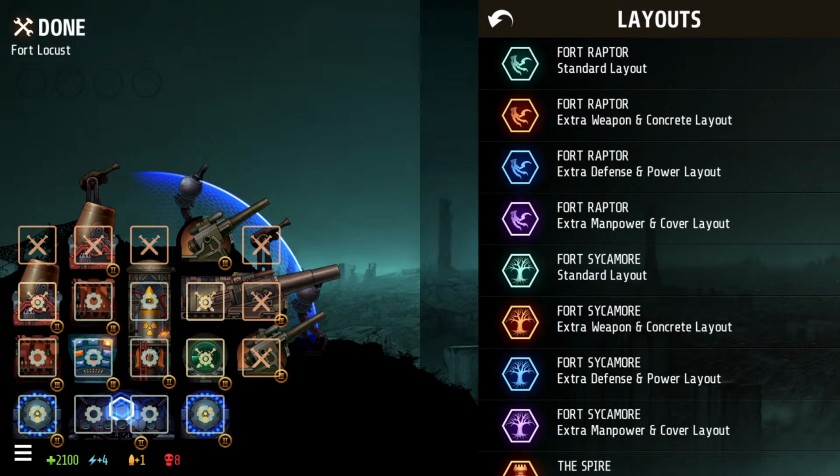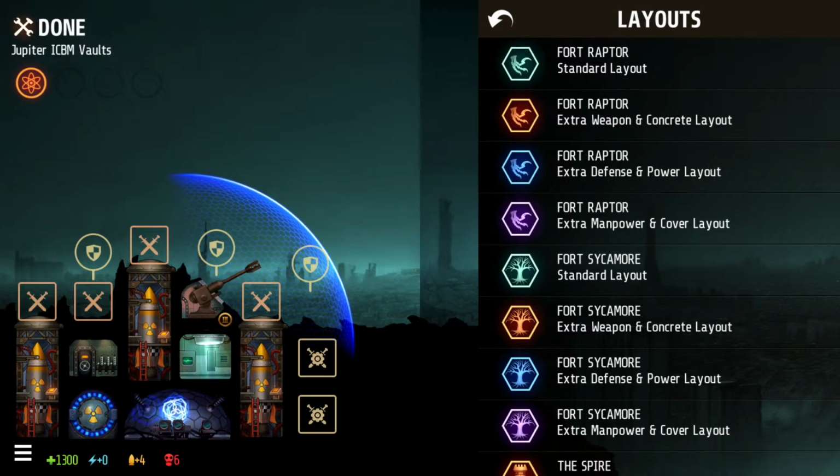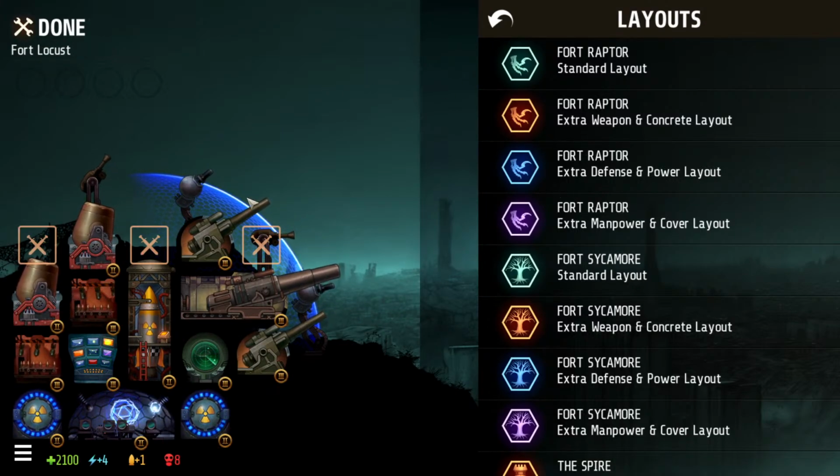What other beautiful looking layouts do we have in the game? Thornwall is bad. We have the Jupiter ICBM walls in Redcon. Yeah, because my version of the Fort Locust fortress was supposed to be an OP fortress, focused purely on firepower, not so much on defense. The aesthetic isn't bad, but